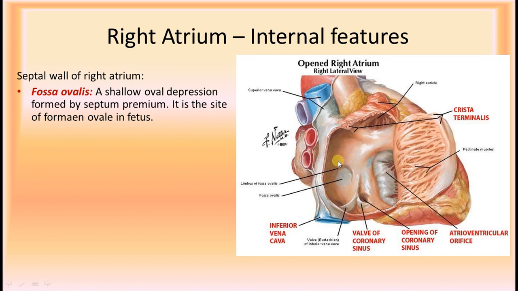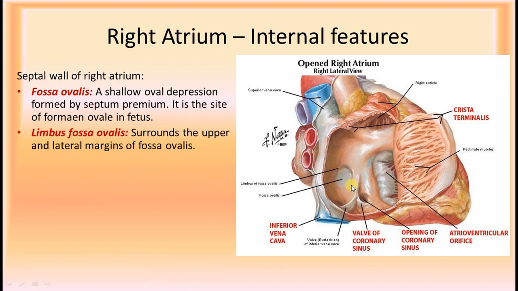The septum secundum lower margin you are able to see here, and that is called the limbus fossa ovalis. The limbus fossa ovalis surrounds the upper, anterior and posterior parts but not the inferior, because the free margin here it ends, the septum secundum. The lower free margin of the septum secundum is represented as the limbus fossa ovalis, which surrounds the fossa ovalis anteriorly, superiorly and posteriorly. So in the fetal stage there is an opening which is called the foramen ovale,